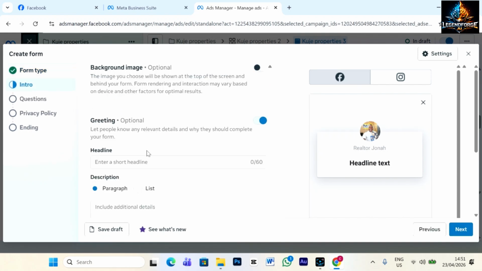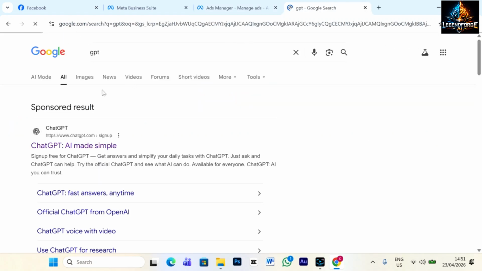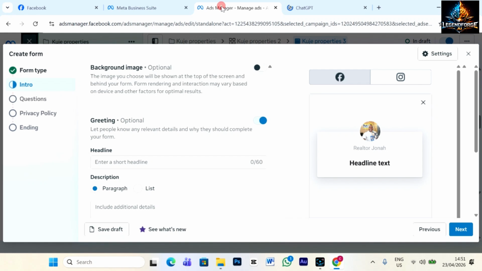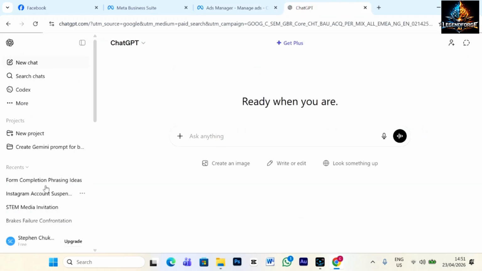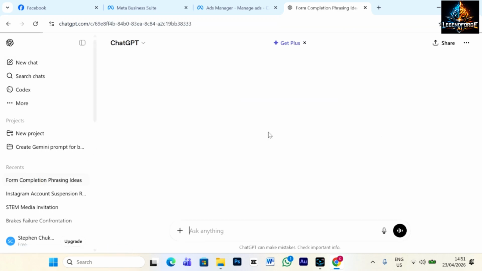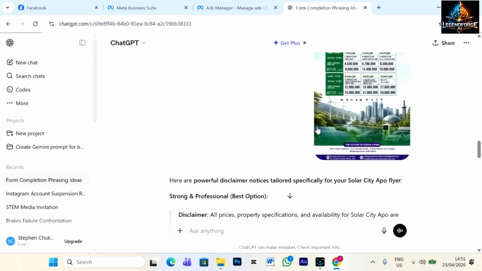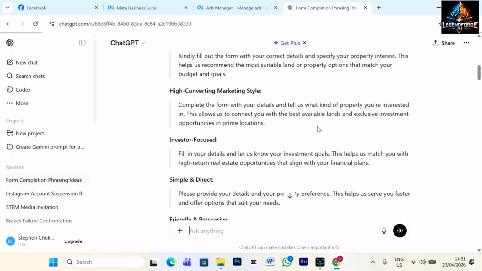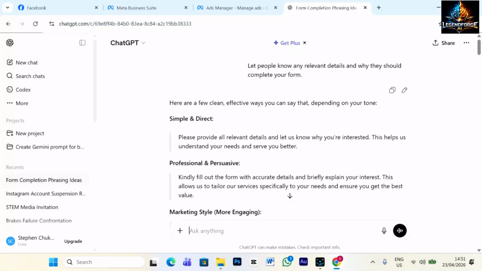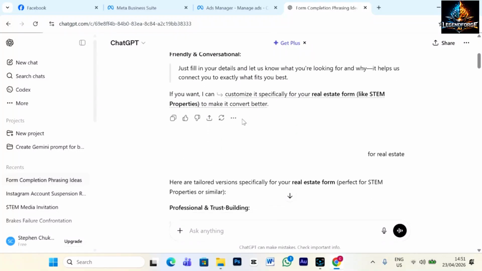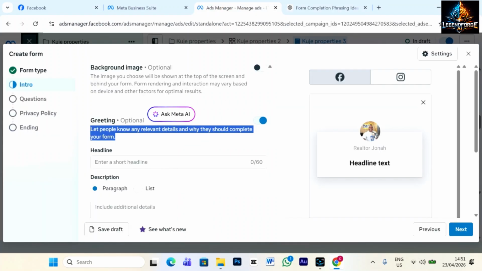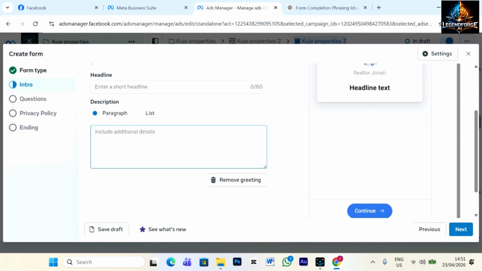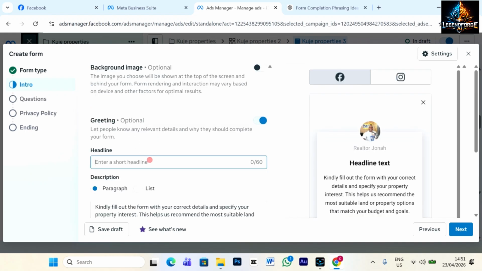So next here, what I normally do is work hand in hand with ChatGPT. I open ChatGPT, then I come back to my ad because I don't want to waste time. I right click and copy this, go to my ChatGPT, and paste it. When I send it, they bring the form. They say, let people know anything relevant about this. I copy "kindly fill this form", come back to the ad because I don't want to delay, and paste it here. Then here I say headline,